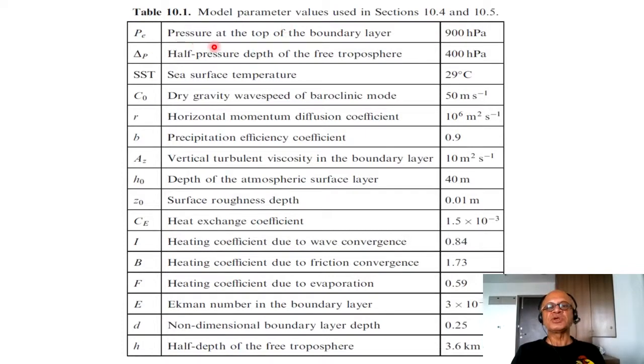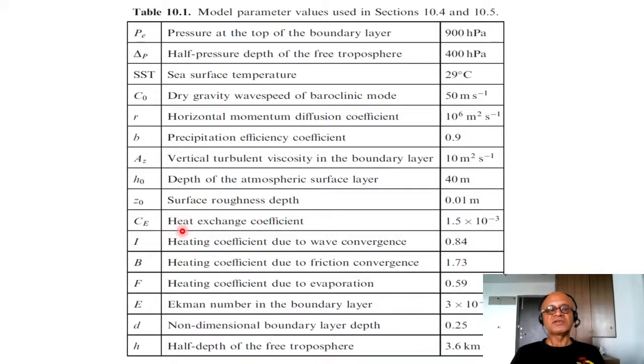So here PE, the pressure at the top of the boundary layer, is assumed to be 900 hectopascal. Half pressure depth of the free troposphere. Sea surface temperature is prescribed. Dry gravity wave speed of the baroclinic mode. Horizontal momentum diffusion coefficient, precipitation efficiency coefficient, which simplifies the thermodynamic calculations, along with the convective parameterization, vertical turbulent viscosity in the boundary layer, depth of the atmospheric surface layer, surface roughness depth, where you